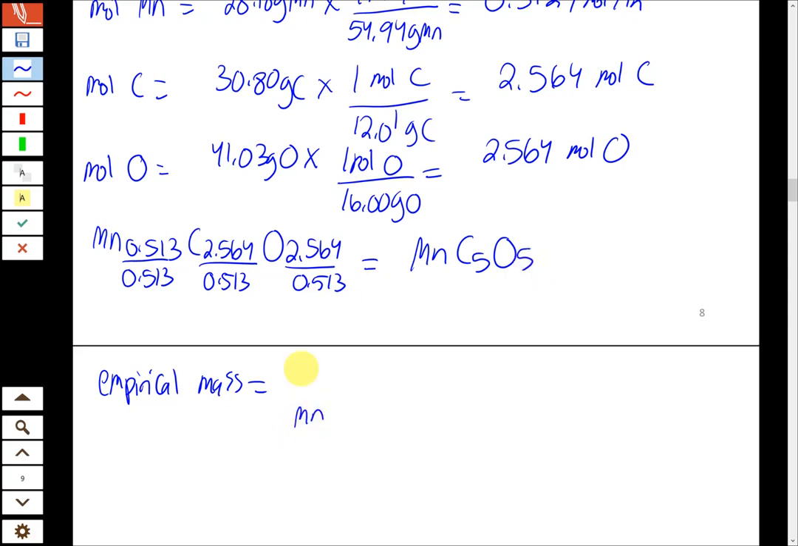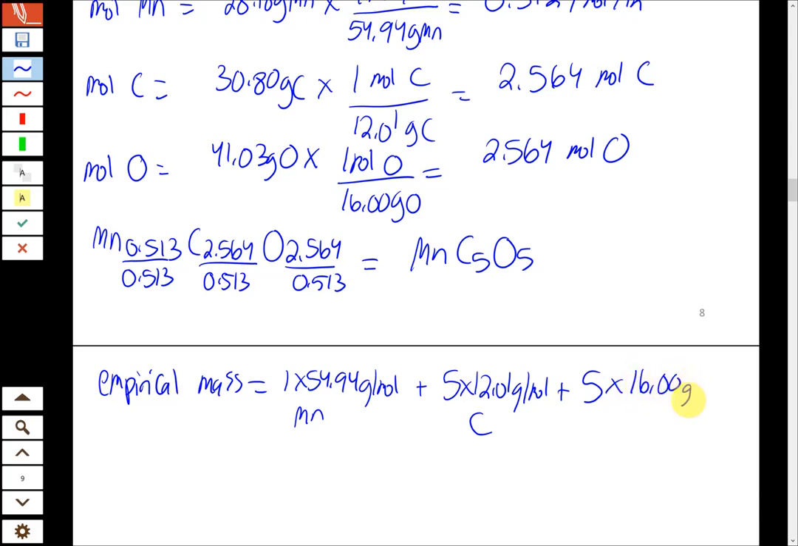So for manganese, we have 1 in the formula, and it has 54.94. If you'll excuse me, I'm going to leave out units for now. Let's not do that. That's sloppy. All right, 54.94 grams per mole for manganese. We have 5 carbons, which have an atomic mass of 12.01. And then we have 5 oxygens, which have atomic masses of 16.00. So our total empirical mass is 195